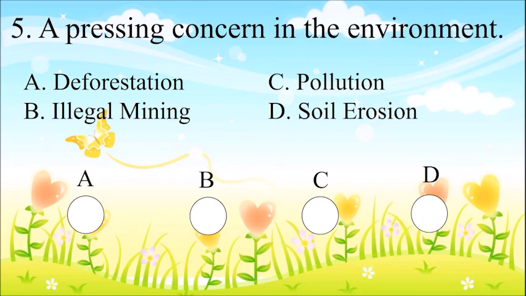And number 5. A pressing concern in the environment. Your choices: A. Deforestation, B. Illegal mining, C. Pollution, or D. Soil erosion. Make more time. The correct answer is